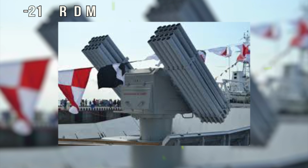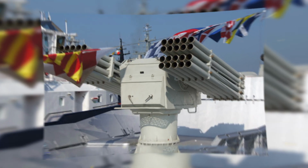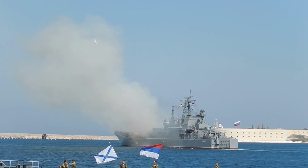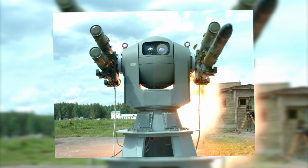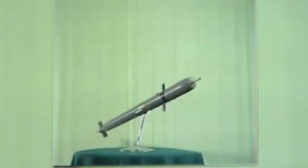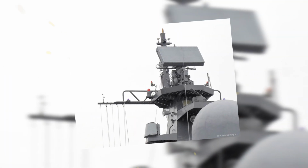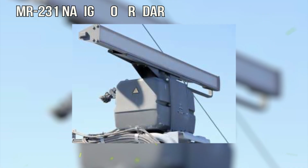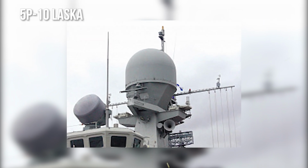The ship is also armed with an A215 Grad-M naval multiple launch rocket system. The system can fire up to 40 122mm rockets against onshore targets. The air defense capabilities are complemented by a 4-tube 3M47 Gibka naval missile launcher, firing IGLA or IGLA-S anti-aircraft missiles. The Buyan class integrates positive M-Air or surface search radar, MR-231 navigation radar, and 5P-10 Laska shipborne radar gunfire control